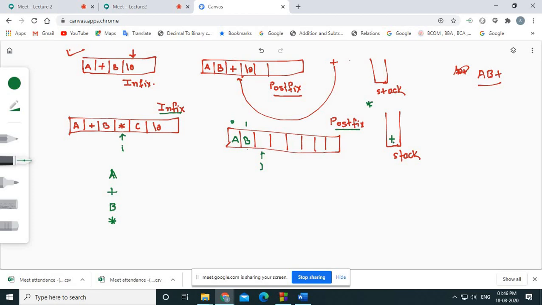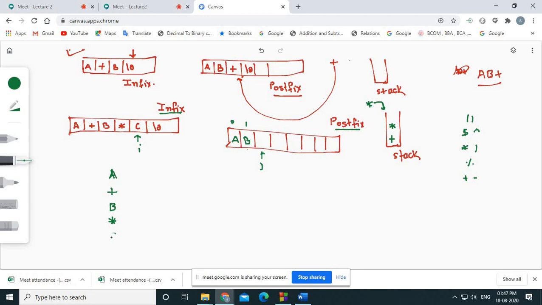What is the priority of plus operator? Let parenthesis have the highest priority. Then we can say caret sign or dollar sign. Then we have multiplication and division. Then we have the modulo sign, then plus and minus. So multiplication is having a higher priority than plus. If higher priority is there, you can push it. So star will be stored into the stack, right? Now here we have considered only the star from the infix. There is no change in the postfix, so J variable will stay here and your I variable will come here.